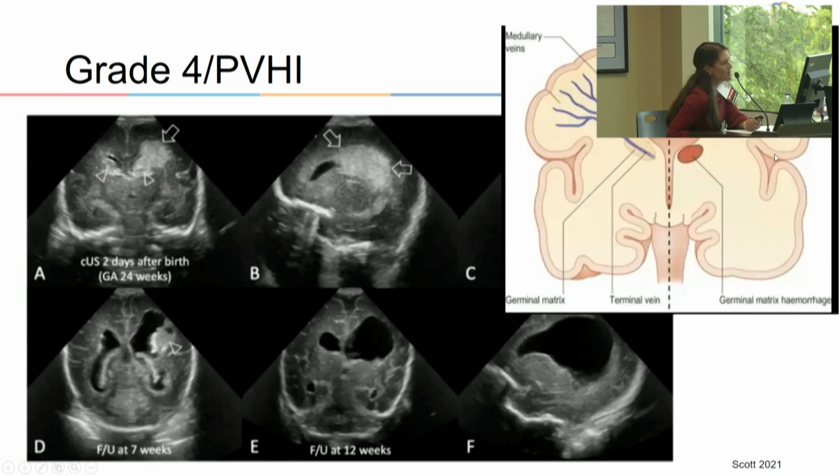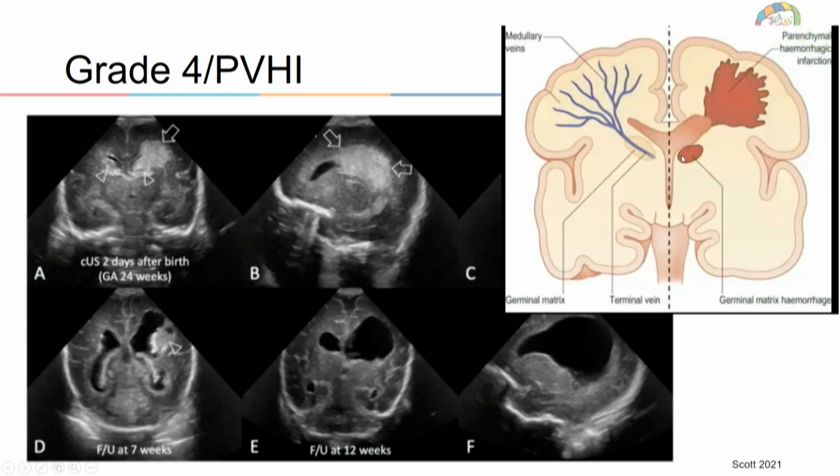So here is the concept that we have currently of how this happens. When you have germinal matrix hemorrhage, right here in the caudothalamic groove, you have this very intricate venous drainage system of the cortex and subcortical white matter. You get this fan shape or tree-like pattern of medullary veins that drain this tissue into a terminal vein that courses right by the germinal matrix. So if you have blood here and you cause enough back pressure into that venous system, arterial blood's still coming in, and it's basically plumbing. Arterial blood comes in, it can't drain out, it has to go somewhere, the pipes burst,